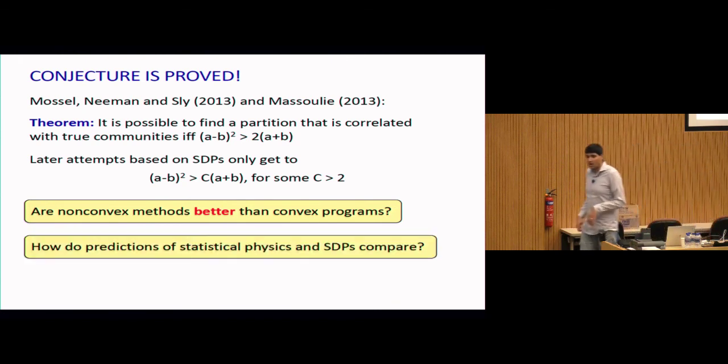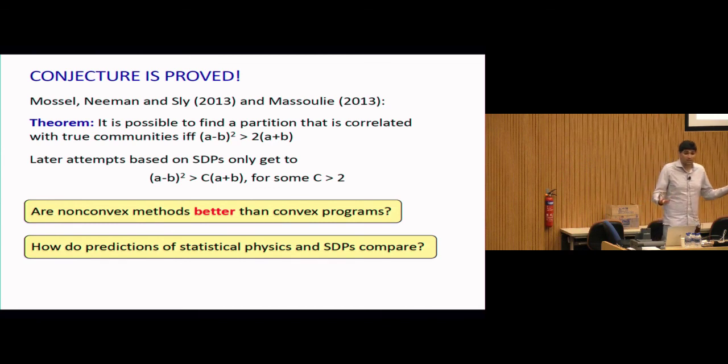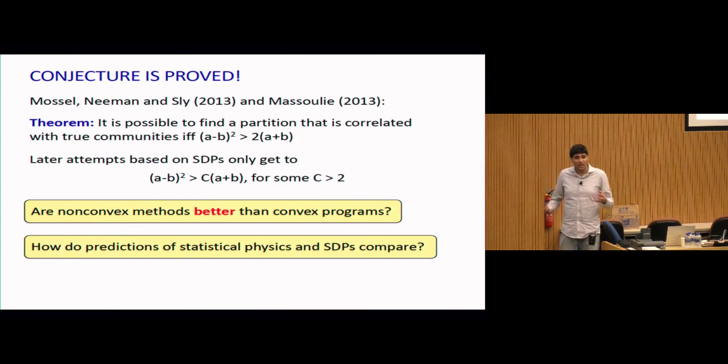And the other meta question that was always on my mind here is that belief propagation is a way of making predictions about various problems. Predictions about where the problem is information theoretically solvable, where it's not, where it's computationally solvable, where it's not. You can do all of this through the idea of fixed points of belief propagation. But within theoretical computer science, we have our own formalisms for making predictions about where problems are easy or hard. When we don't have the theory of NP hardness and reductions, a lot of times we use lower bounds against convex programming hierarchies as a form of evidence. So how do these different forms of evidence relate to each other?